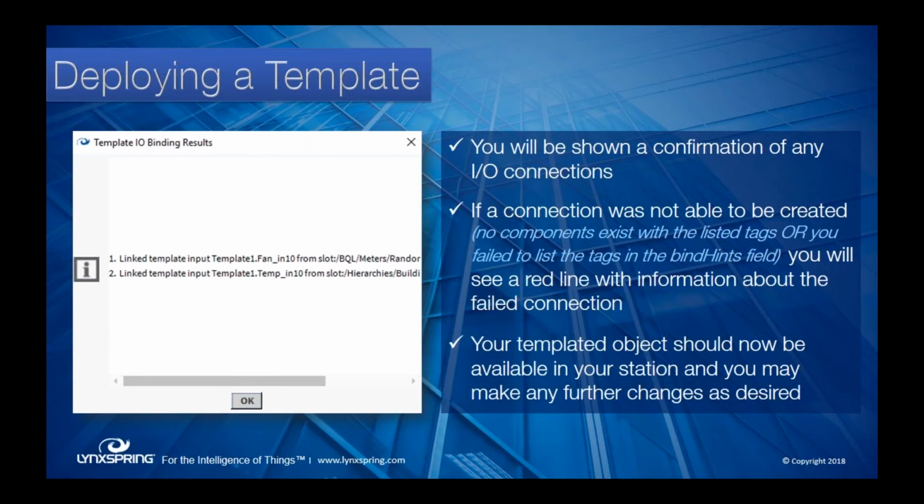So if I tag something, I tell it I want you to go out and find Boolean schedules, and I give it exactly the correct haystack tag pattern, if there are no schedules in my station, there's nothing for it to find. So it would show up in red on this list.